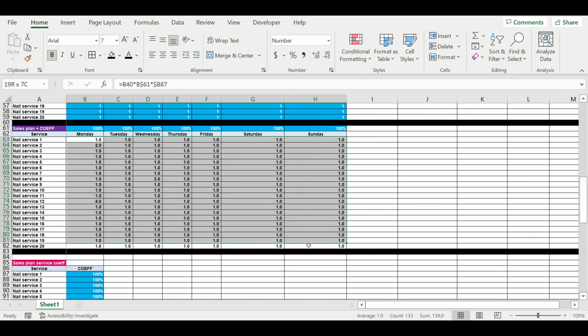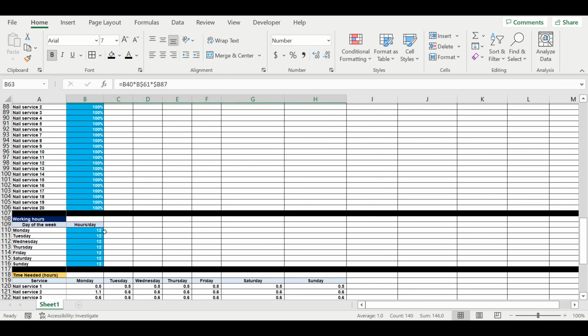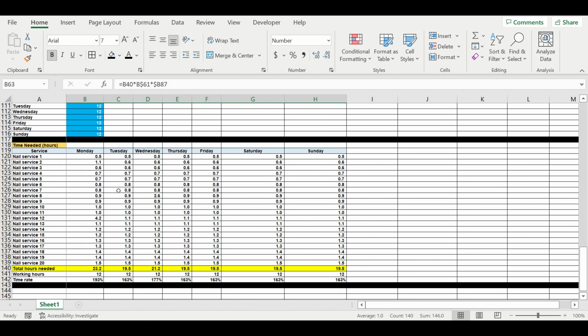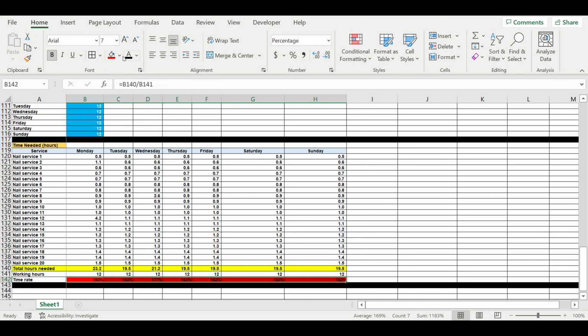So such tables help people to get acquainted with their business ideas, because when they start specifying the specific amount of services, and if they know the duration of these services, this shows the future business owner the real amount of services that the business can produce. The next step, we will create some conditional formatting for that. So for example, this will be red,